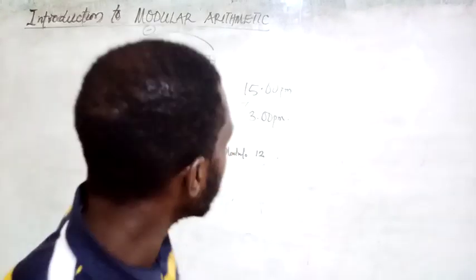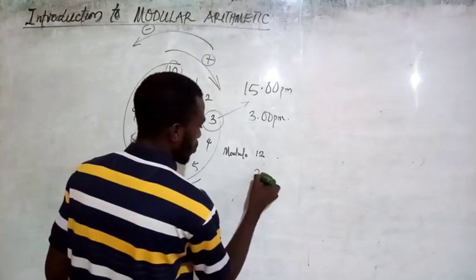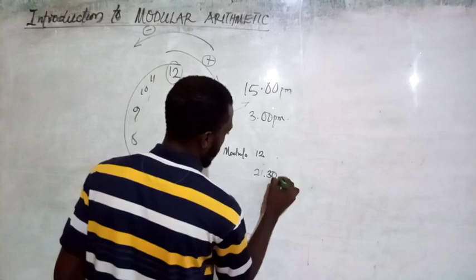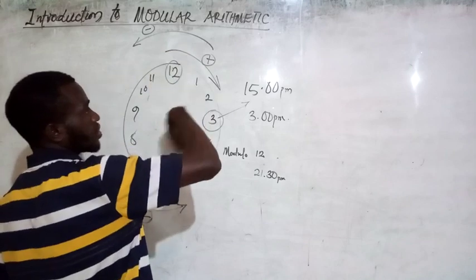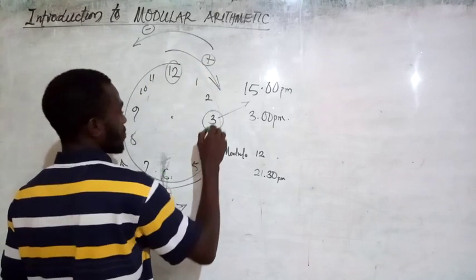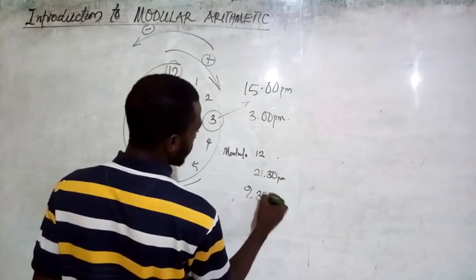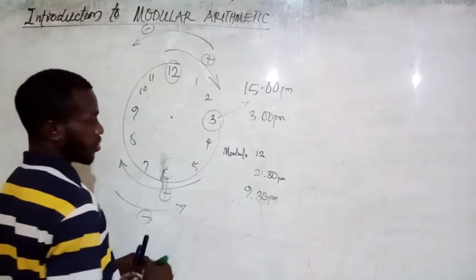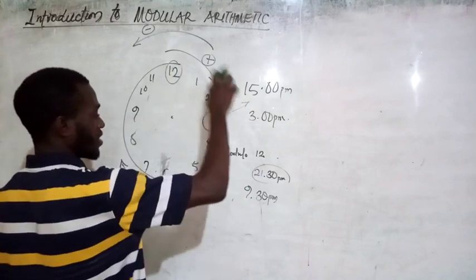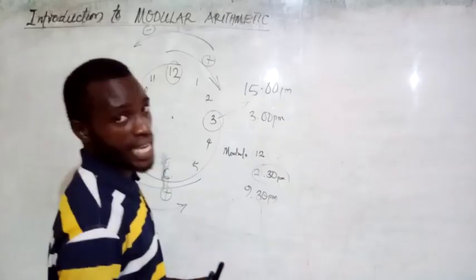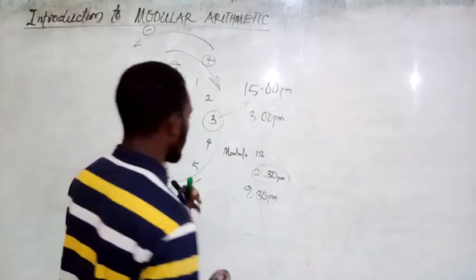Alright, so now if I told you, what is 21:30 p.m.? You are going to count this way. When you get up to 12, you continue 13, 14, 15, 16, 17, 18, 19, 20, 21. So that is 9:30 p.m. You see that although you were told 21:30, 21 is greater than 12. So we wrap up at 12 and start to count from 1 again, and we get 9:30 p.m. This is going to be a very useful piece